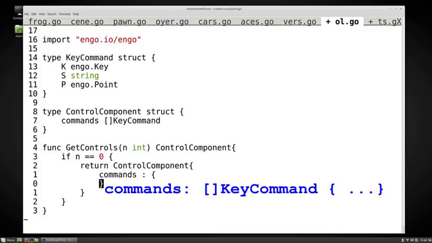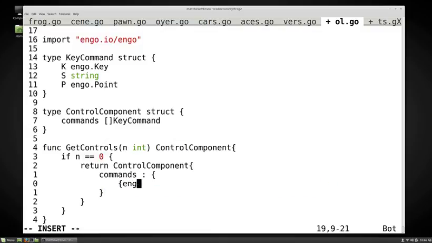I feel like this ought to work. So we have an engo.key, so engo.arrow left, and that associates to L1. That's left for player 1,